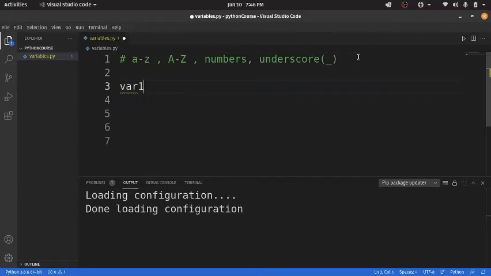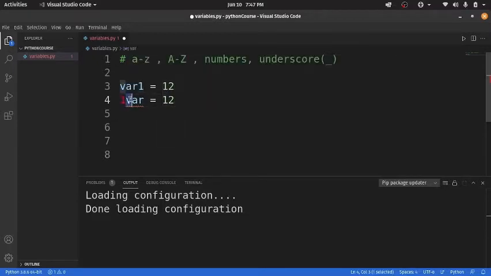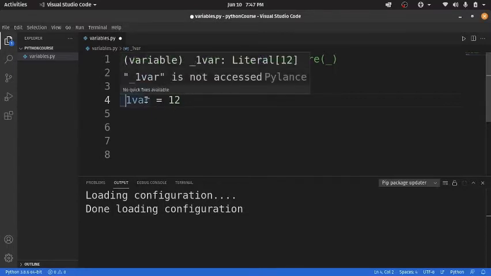You can write var1 and assign any value, say 12. It is valid, but you cannot name a variable 1var equals 12. As you can see, it is showing an error because your variable name cannot start with a number. You can use an underscore here.